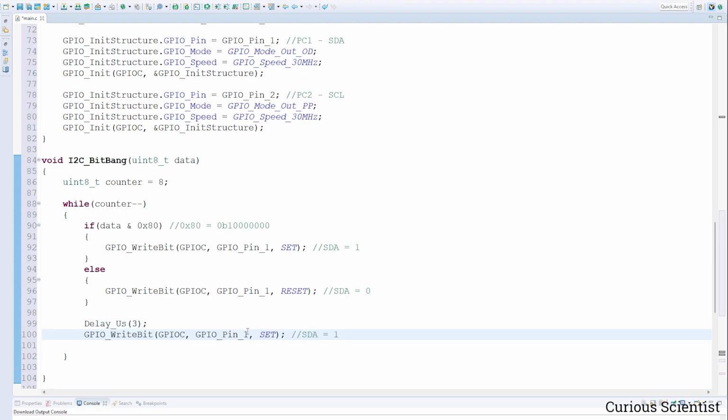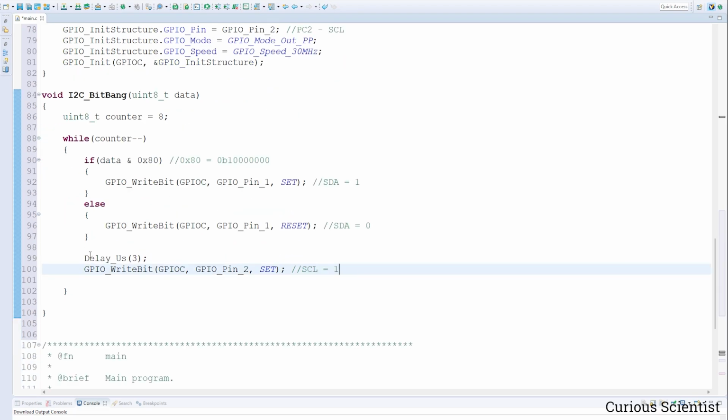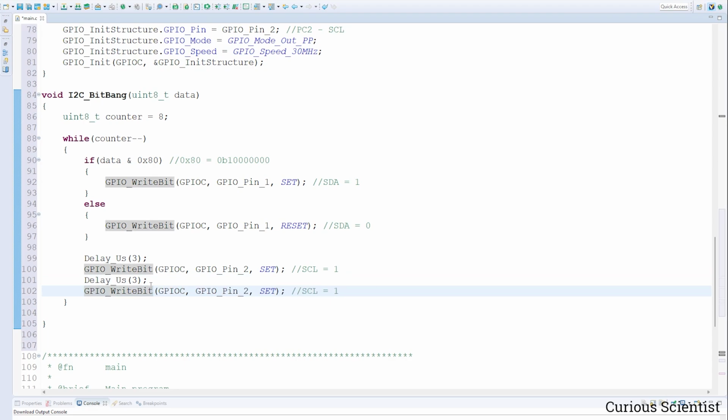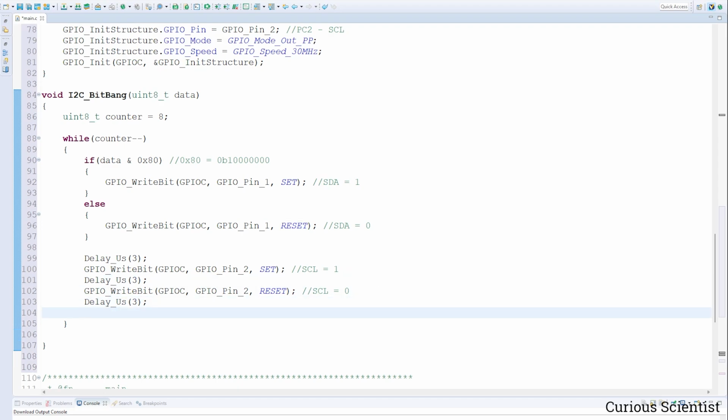And then we have to toggle the clock pin. So here, instead of selecting pin 1, I select pin 2 and I set it. So that means that the SCL becomes 1. And since we have to toggle it and not just set it, we have to change its state to the opposite state. So after another following delay, the SCL pin has to be set to 0, which will result in this line. And then we wait again, and we shift our data to the left by 1 bit, which will look something like this. So what this means is that when the line is here, then the first bit of the data becomes the